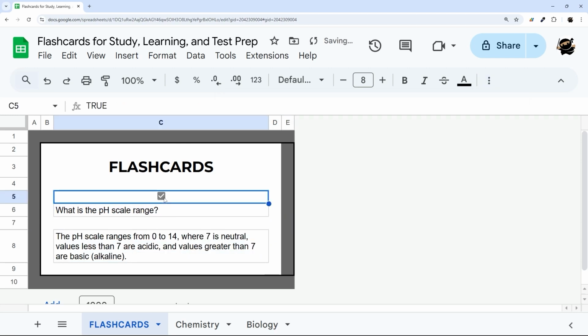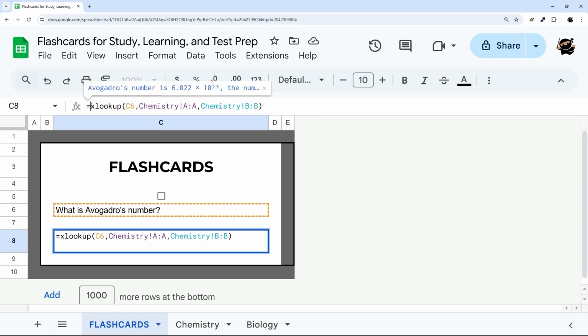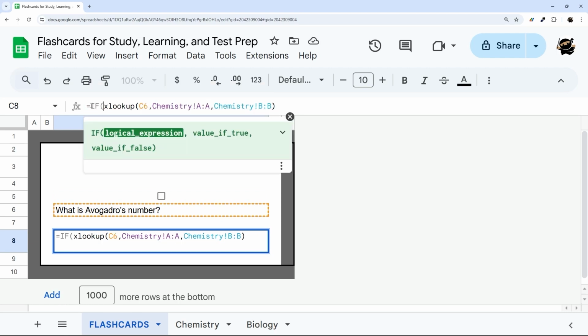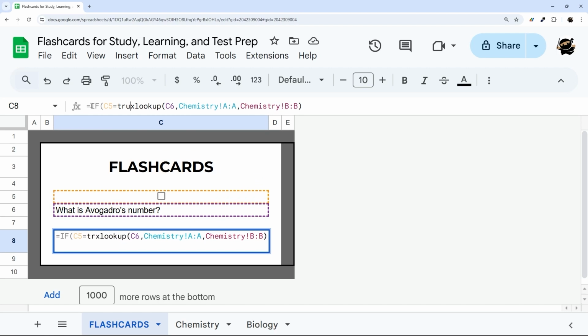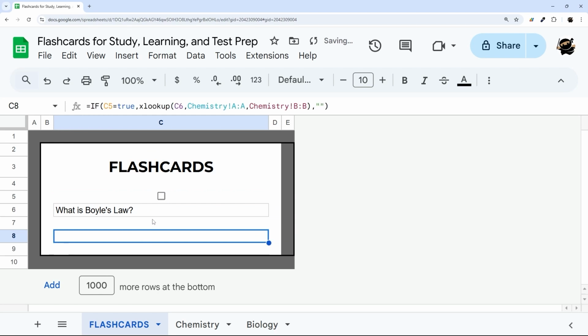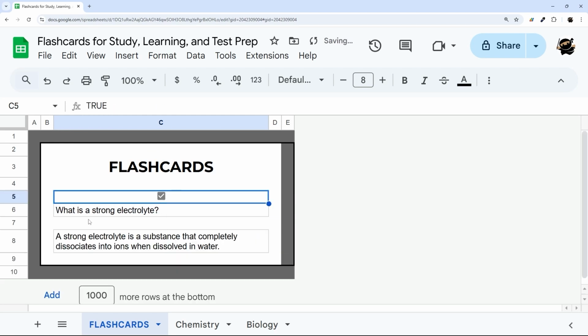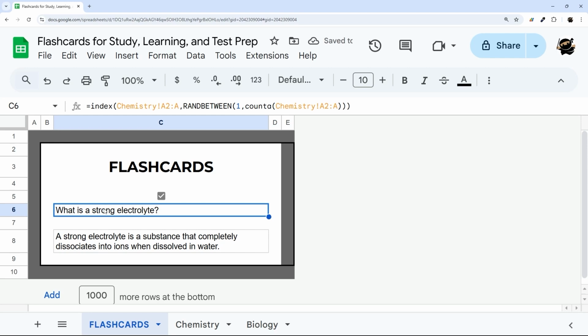Now, the only confusing part right now is we don't want this to show up until we check this box. And so let's do that. So we'll do if C5 is true, we'll show this, otherwise we'll do nothing. And so now that works. Now the only issue is every time we check this, this is updating. And so what we need to do is somehow make it stop when we check this so we can actually